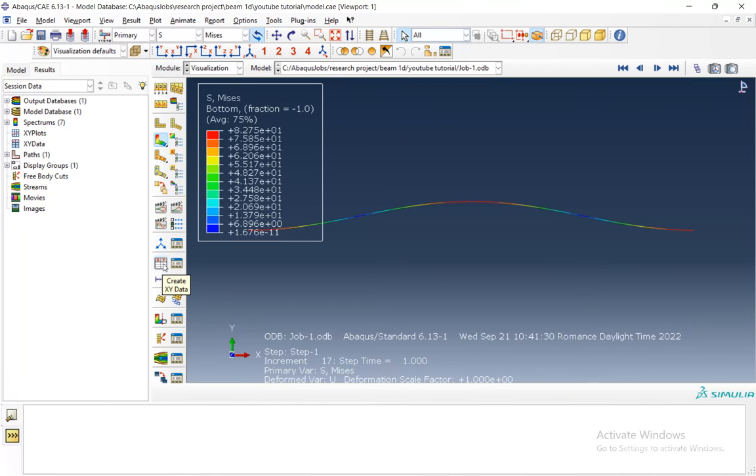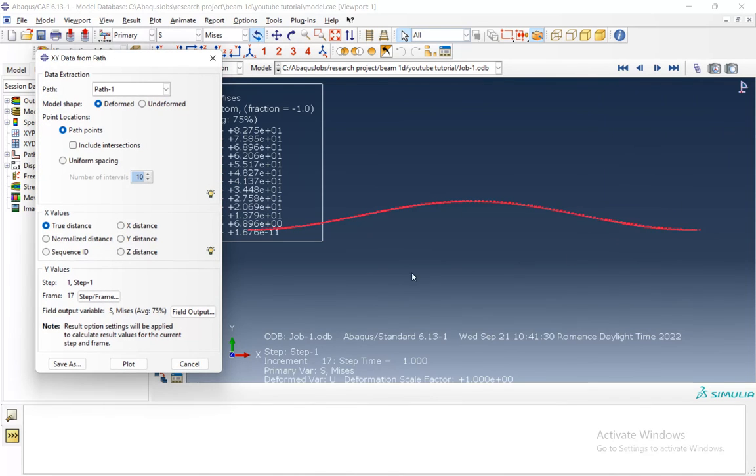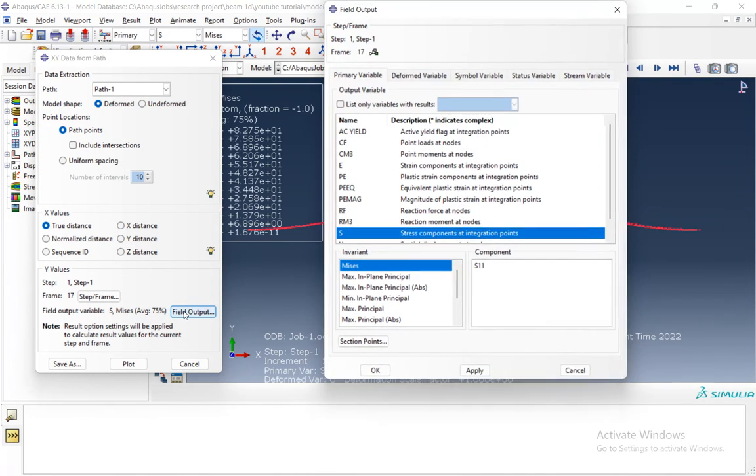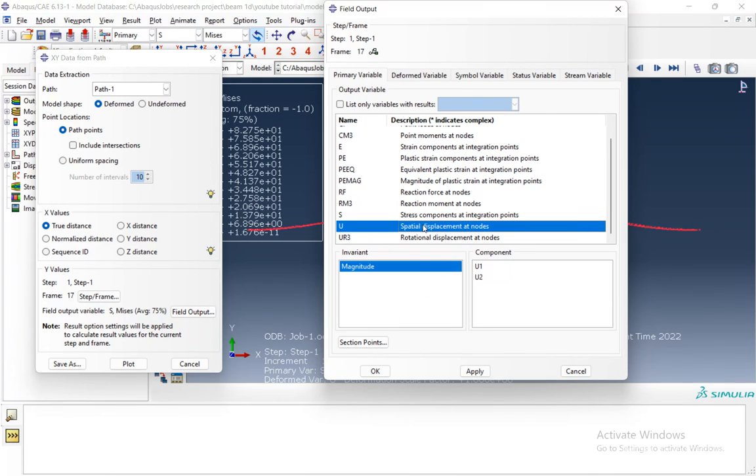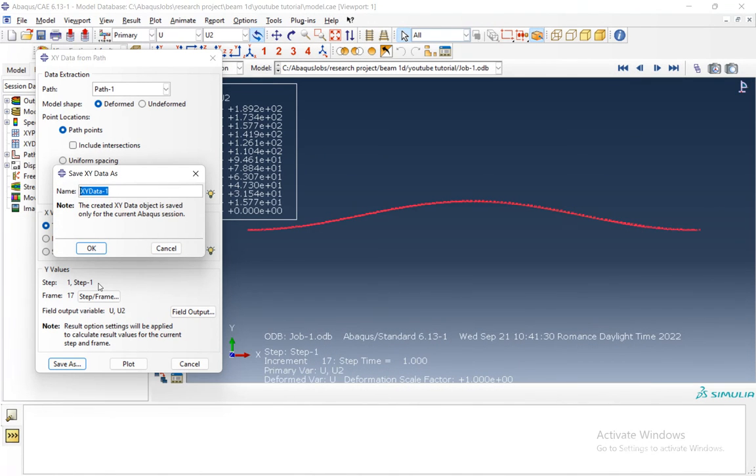Now to plot or to save the XY data, we click XY data. The source will be our path. Continue. Here we need the field output to be the displacement U2. Okay, save as, let's call it U2 deformed. Okay,